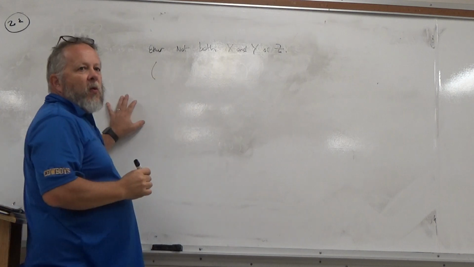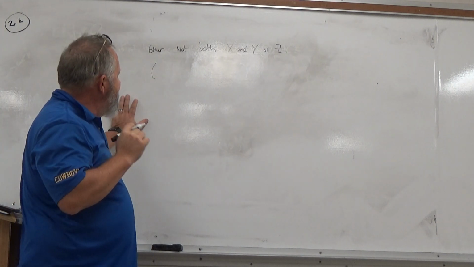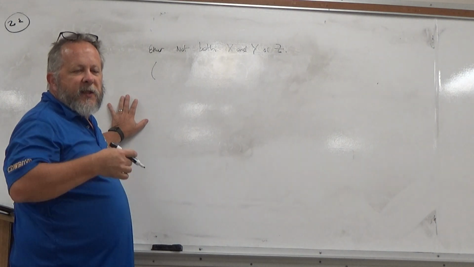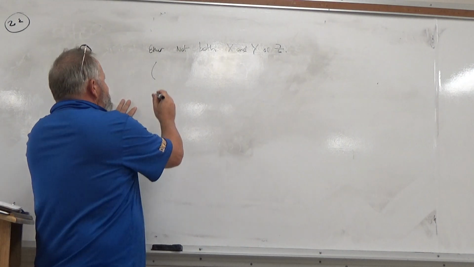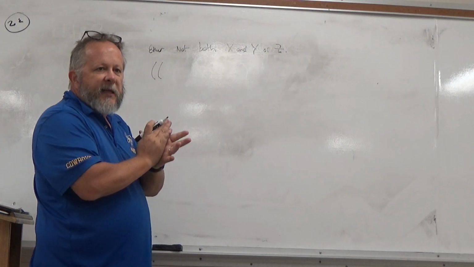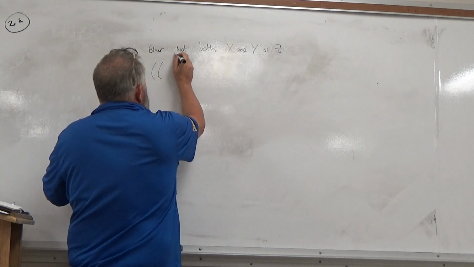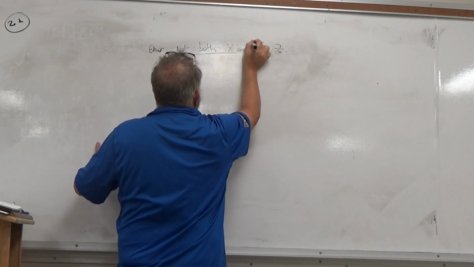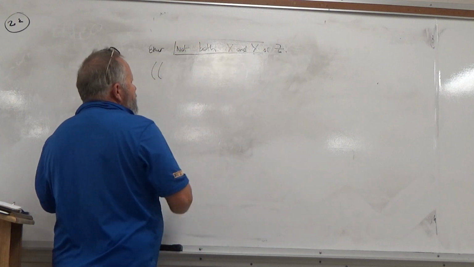Boom, I'm starting an or, right? And until I hit the or, it's all the first disjunct. So I'm going to put up another parentheses to hold everything together until I hit the or. And so either blah, blah, blah, or. All of this is in the first